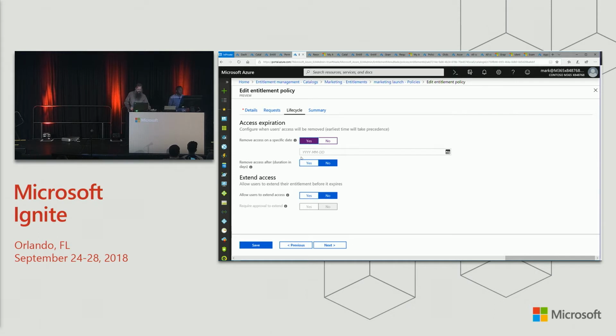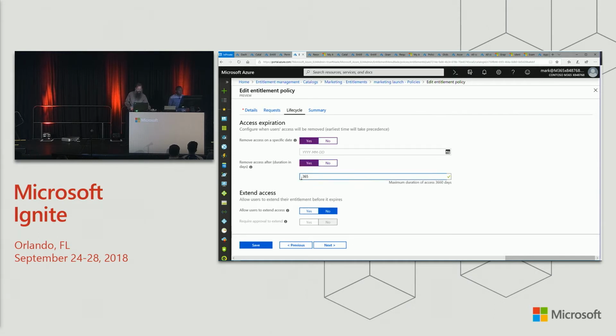Or say, let's give people, I don't know, 90 days? 90 days seems a good time. Give them 90 days, and if they need to, they can request again, they can keep extending their access. But if they don't do anything, that 90 days comes and goes, then their access is taken away. And